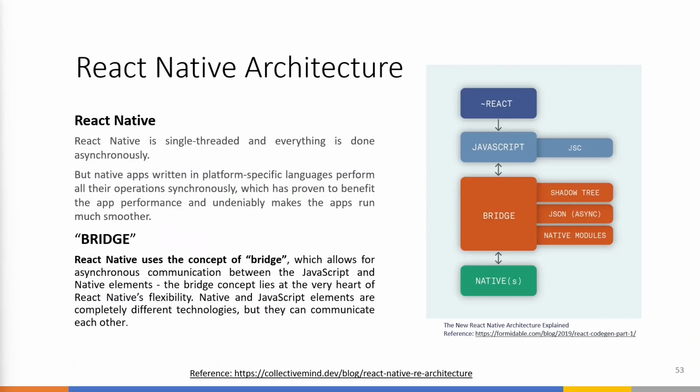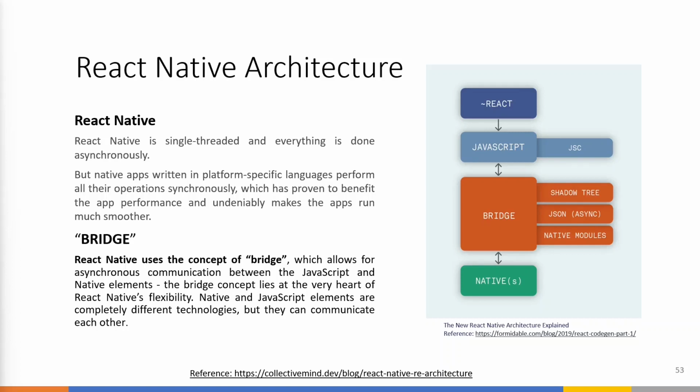So in order to understand more about React and how it really works, we have to look into its architecture. React Native is single-threaded and everything is done asynchronously. So obviously when a component is rendered, others have to wait. As you can see in the diagram, there are 4 core sections in the React